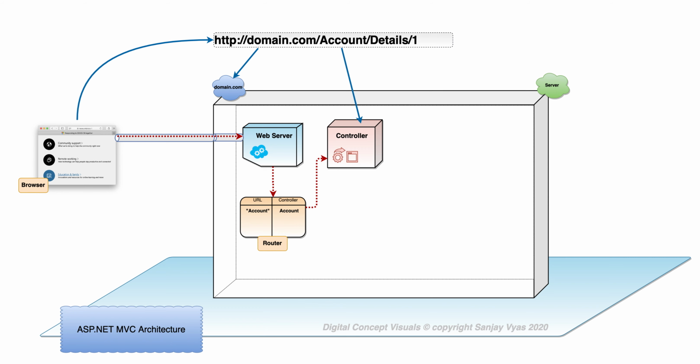This part in the URL, account, may be the controller name you are trying to go to. There can be many controllers. So I could have a product, I could have customers, I could have orders. Basically, these are different controllers that we are directed to by a traffic policeman called the router. So what does the controller do?